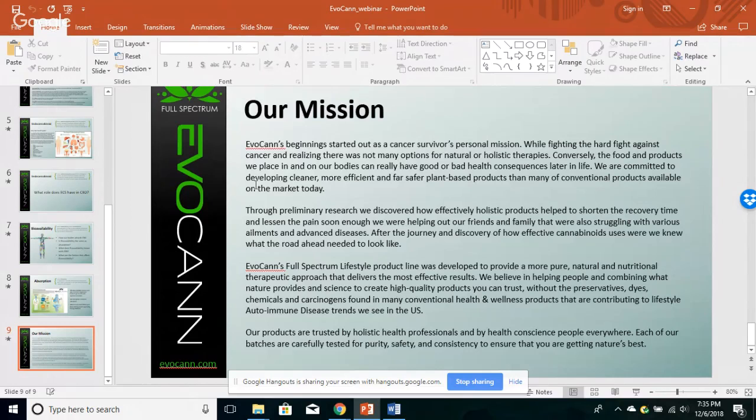And I'm going to kind of jump back into this. After the journey and discovery of how effective cannabinoid uses were, we knew what the road ahead needed to look like. EvoCann's full spectrum lifestyle product line was developed to provide more pure, natural, and nutritional therapeutic approaches that deliver the most effective results. So we're trying to give you the bang for your buck, and we're trying to educate you